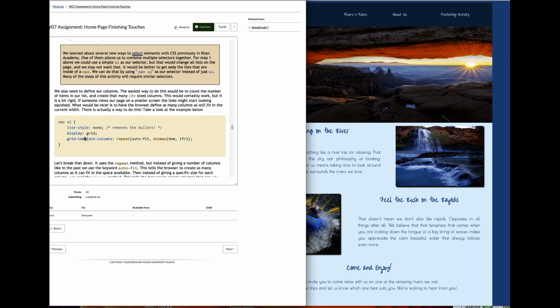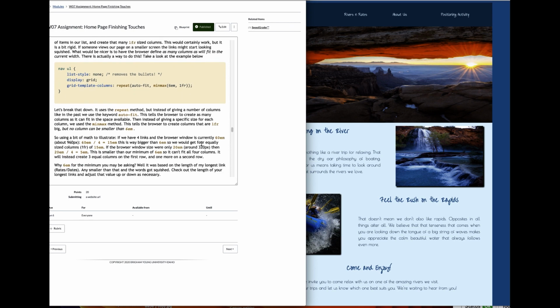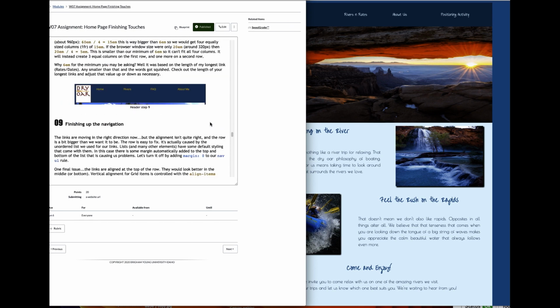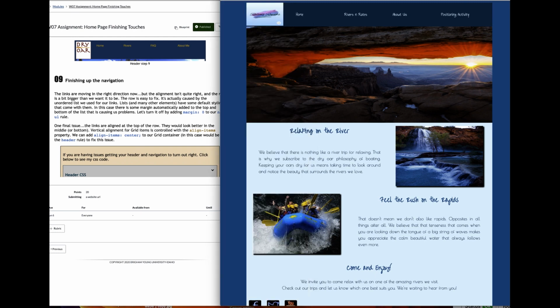That's the template columns. So basically these are columns. It's its own grid, so it doesn't matter how many items I have in my grid, it's going to make them automatically fit. The auto-fit's very important for this. So it shows you how it broke it down mathematically and why 6em worked. So to finish up the navigation, most of the items are there, and we're going to make a margin of